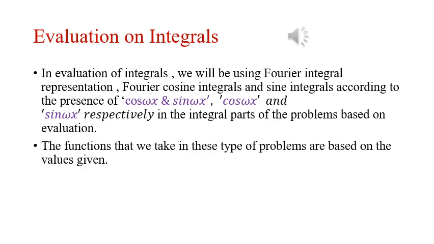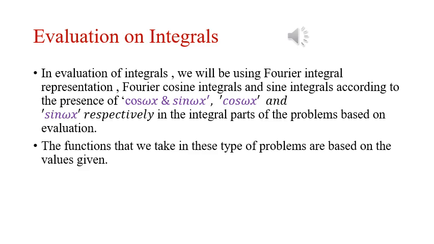Maybe there will be sine pi omega and all. So just see whether we are having a sine x omega part. We don't bother about sine pi omega or sine a omega, etc. If you are having sine x omega and cos x omega, you can use Fourier integral representation. Or if you are having only cos omega x, it is enough to use Fourier cosine integral representation. And the same thing for sine omega x.